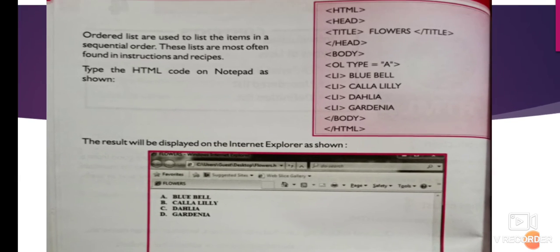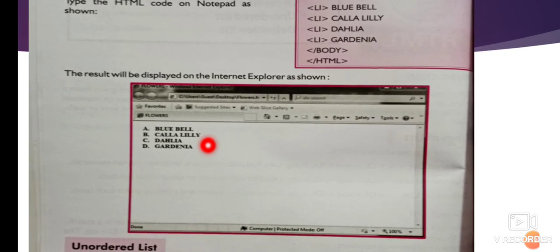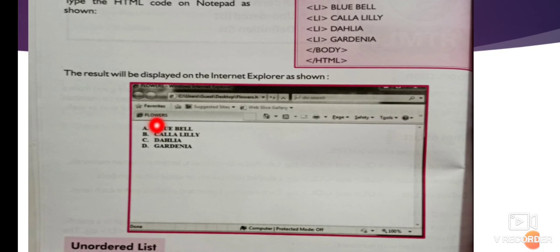Ordered list. So OL type is equal to, you can use Roman numbers or capital letter A, or lowercase, meaning small letter a, and then LI stands for list item. So a list of flower names is listed here, and then you can see the output automatically A, B, C, D. It will display the items one below another.